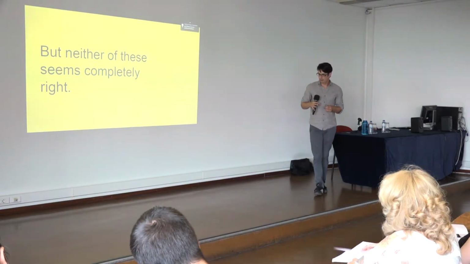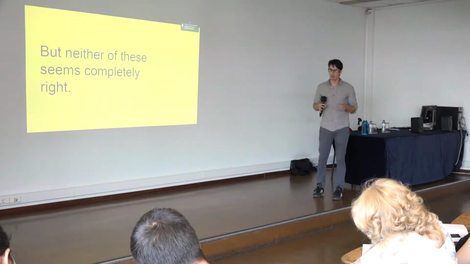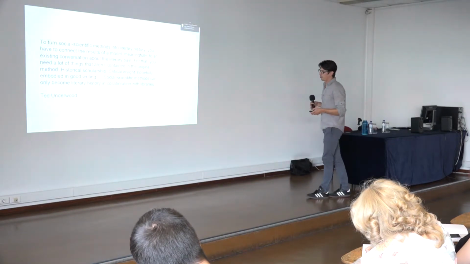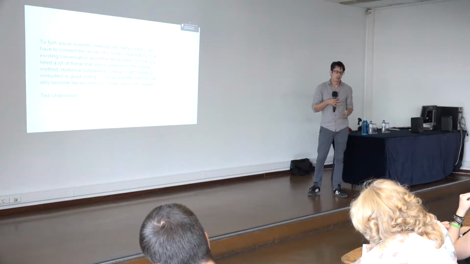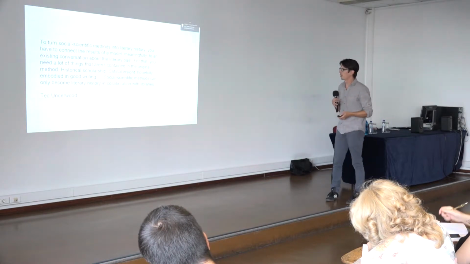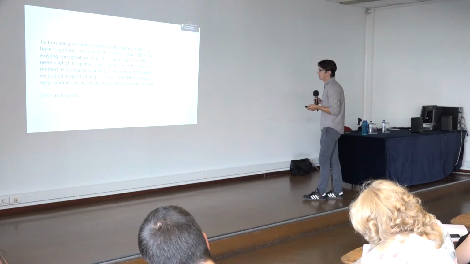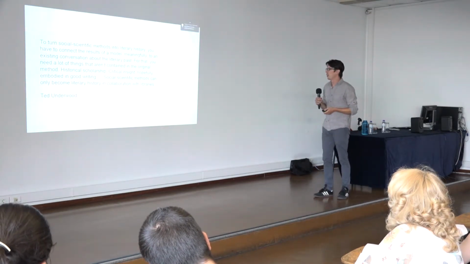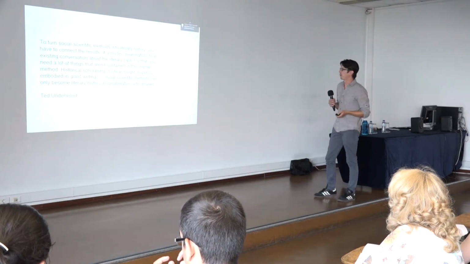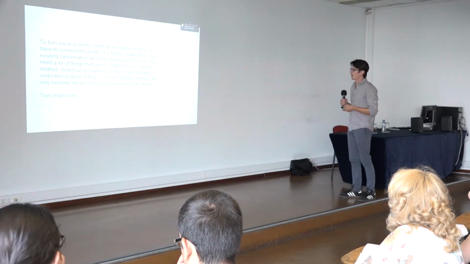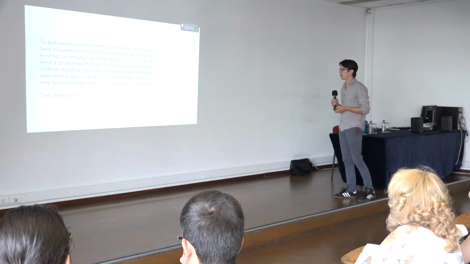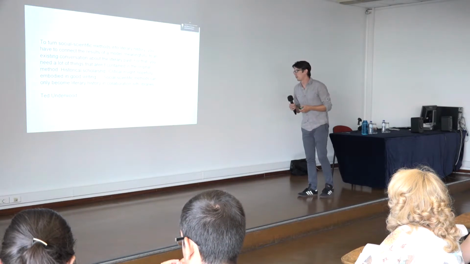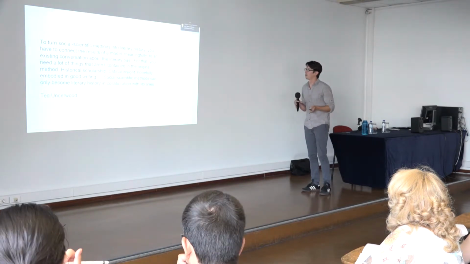But neither of these seems completely right, and most of the people involved, I think, acknowledge that neither of these is completely right. So again, Ted Underwood, who was arguing for, let's adopt social science methodologies in some contexts, also says to turn social scientific methods into literary history, his field, you have to connect the results of a model meaningfully to an existing conversation about the literary past. For that, you need a lot of things that aren't contained in the original method: historical scholarship, critical insight, hopefully embodied in good writing. Social scientific methods can only become literary history in collaboration with libraries.